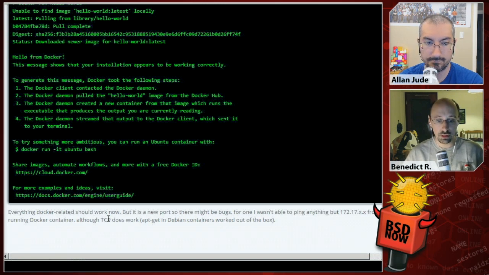So this seems pretty easy and straightforward. Yeah, so this is the interesting bit that came out of the discussions at BSDCam, that compared to V1, Docker V17 and later